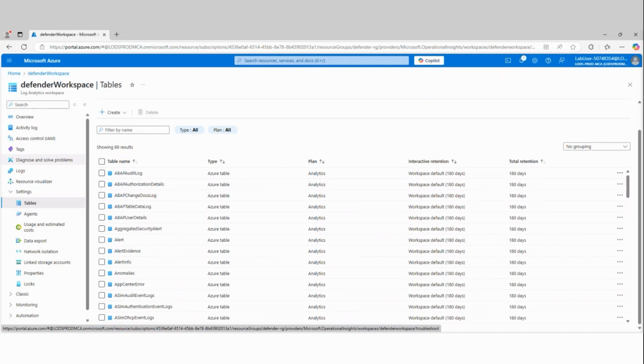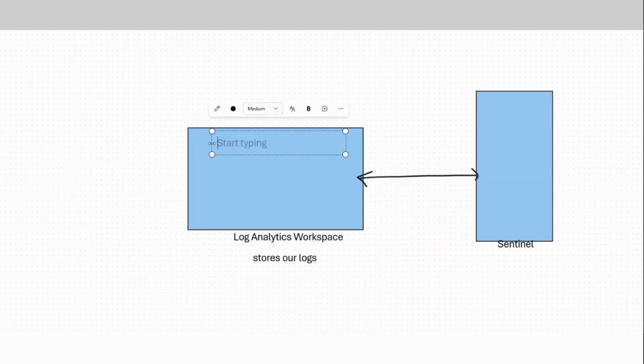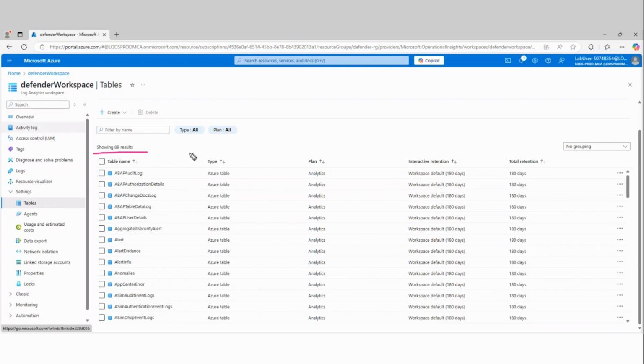So going back to our image, the Log Analytics tables are stored in here. So there's table 1, table 2. Obviously, it's not called table 1, 2, 3, but these are the tables that you see here.